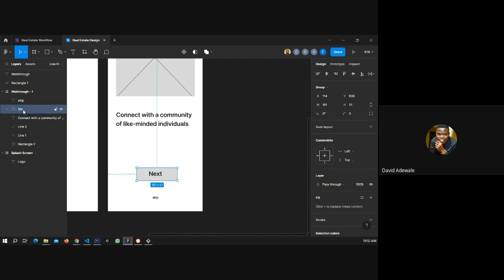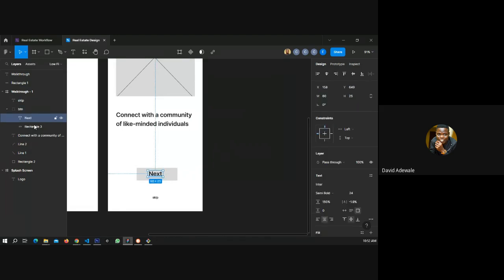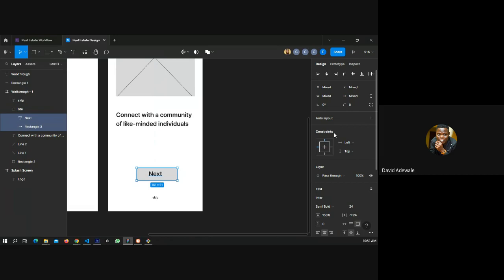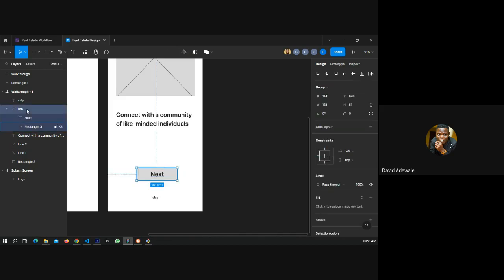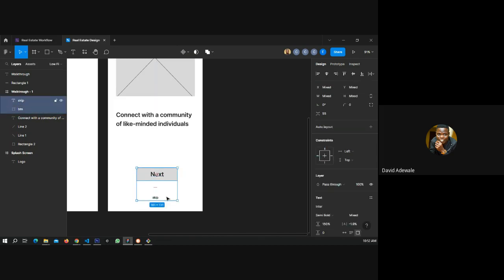I name it BTN. There are a lot of design systems that you will still be learning, but for the sake of this class for now, I just wanted you to know some conventions, some of the little things that you just need to know. So with that, I can just quickly tell you that on low fidelity, you don't really need alignment that much, but I just need to align this thing properly. So this is my BTN, and then this is a skip. So I have them like this, properly arranged on the screen.